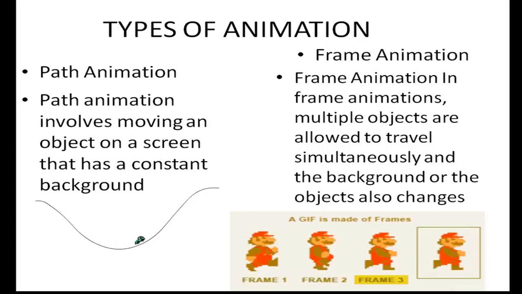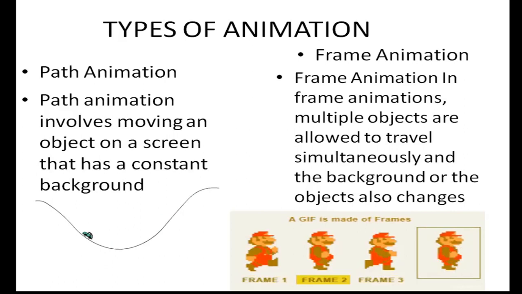We have two types of animation: path animation and frame animation. What is path animation? If you are able to move an object on the screen that has a constant background, we call that path animation. So we set a path for the object and we are able to move the object on that path. We call that animation path animation. Frame animation,